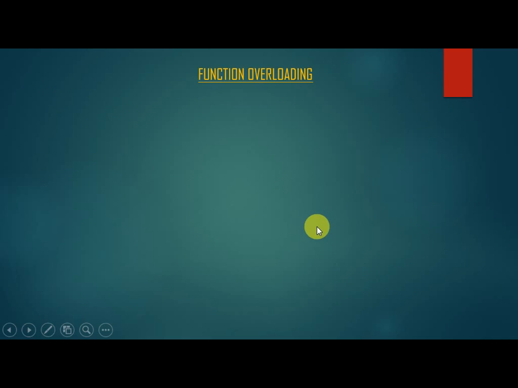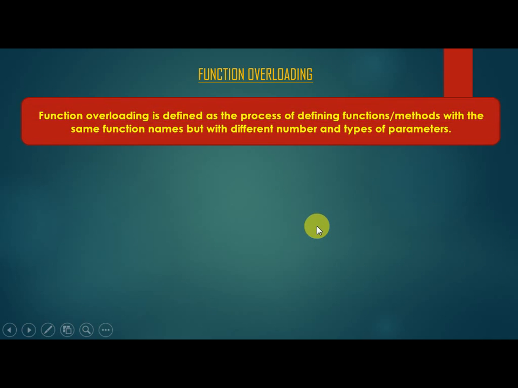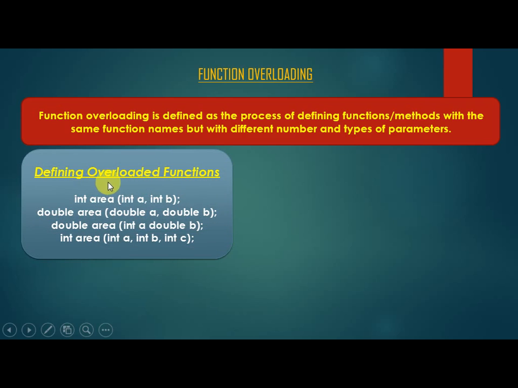Next, function overloading. Function overloading is defined as the process of defining functions or methods with the same function name but with different numbers and types of parameters. So let's see an example of defining overloaded functions. int area, with int a and int b as the parameters in this function.